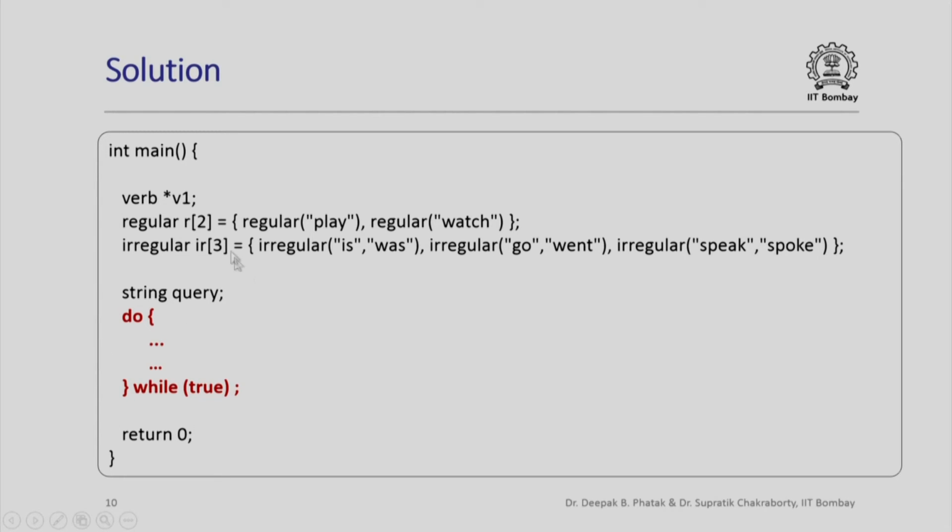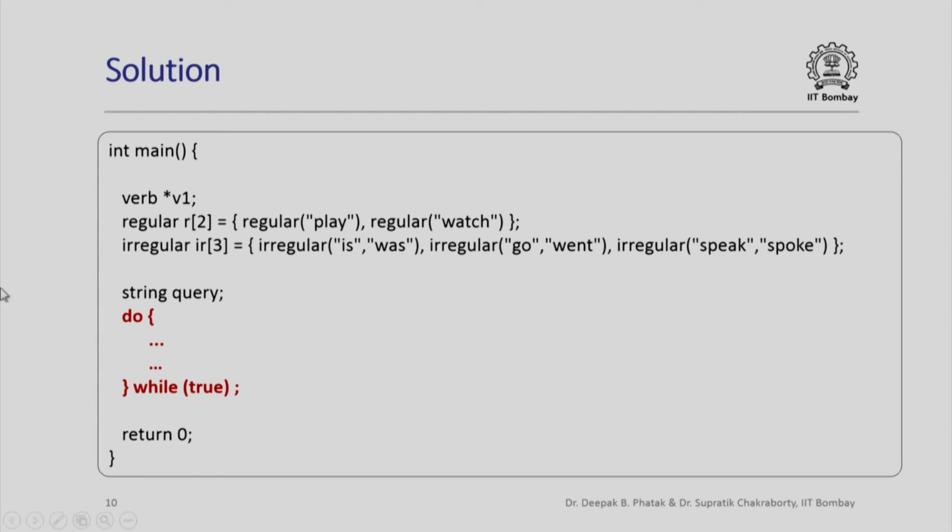So let us now see what happens inside this do while true loop. Note that this looks like an infinite loop here, but we will see that in the body of this loop we can have statements which are going to print out whether we have been able to find the verb and therefore what is its past tense, or whether we have not been able to find the verb, it does not exist in the knowledge base that this program has. And of course, in order to come out from this infinite loop, we can always terminate the program by pressing Ctrl C, for example, from your keyboard.